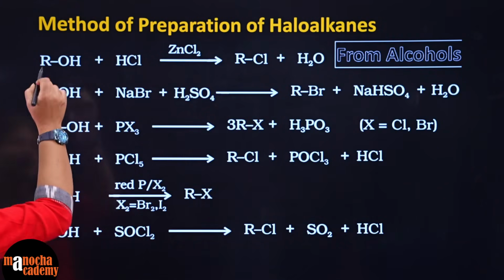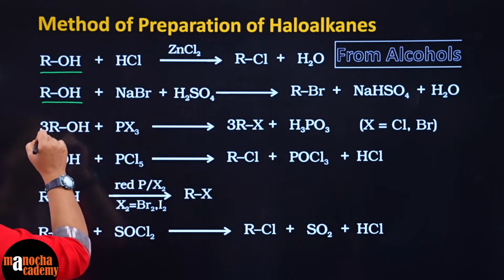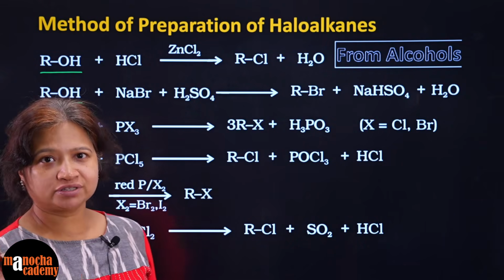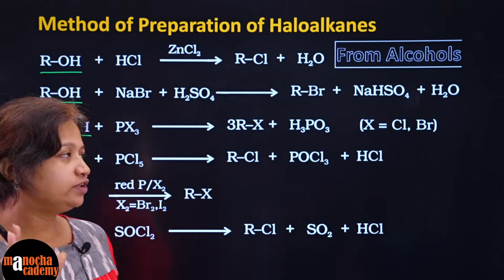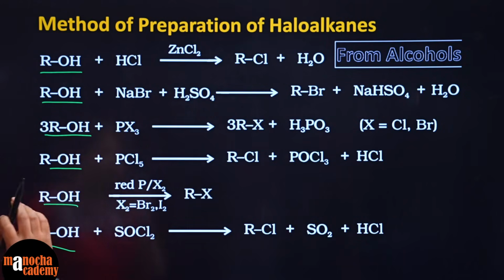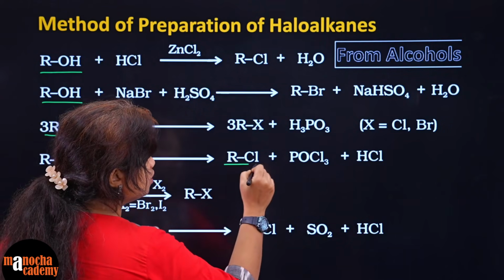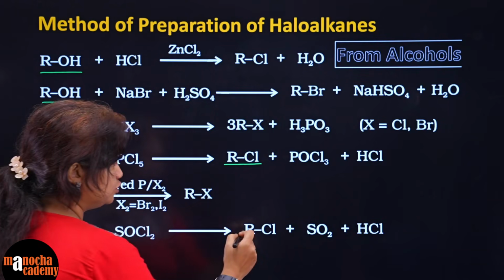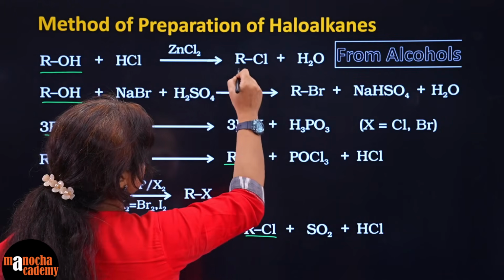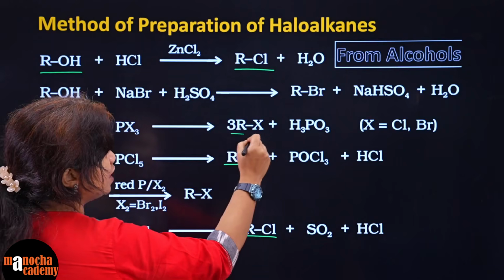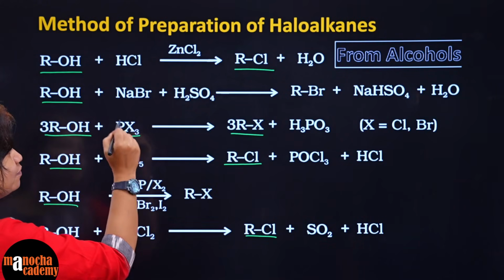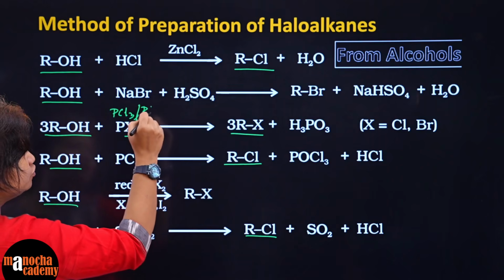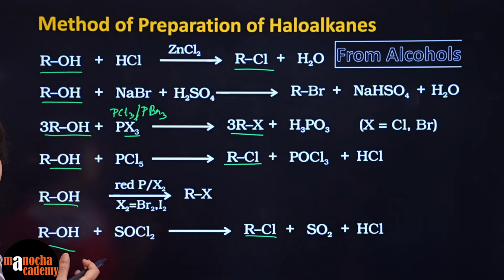Here we are starting from alcohols and the choice of reagent is yours. You have a whole lot of choice of reagents. Suppose you want to prepare a chloroalkane. So here you have chloro. Here also you have chloro. Even here you can prepare by chloro because X can be either PCl3 or also it can be PBr3. We don't prepare iodo by using PI3 generally.